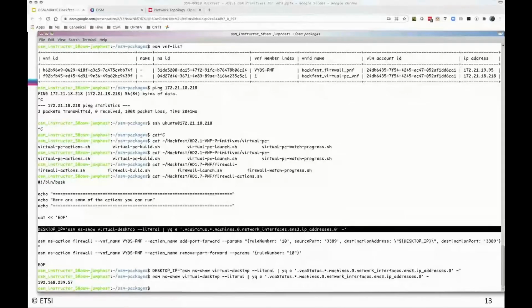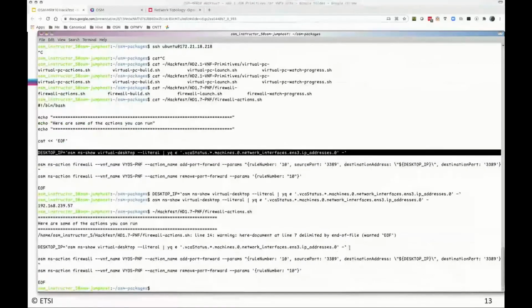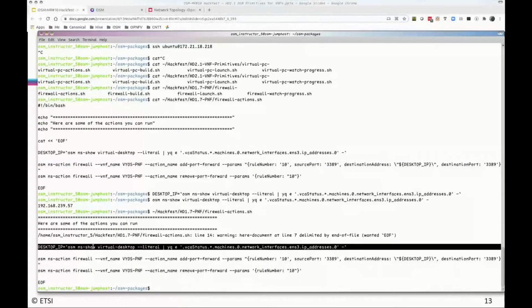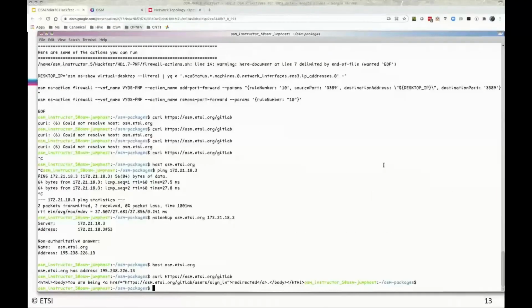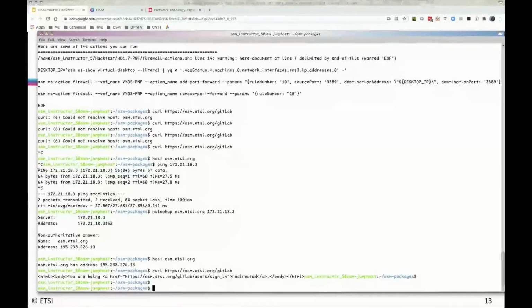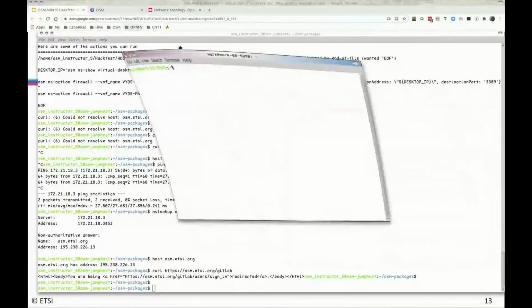So then if I actually run this firewall action script, it's going to evaluate that and say, okay, desktop IP, look it up. The firewall action will be to add rule number 10, source port 3389, which is the remote desktop protocol port, to the desktop IP. So what I was going to do was show here from my computer, I can do an